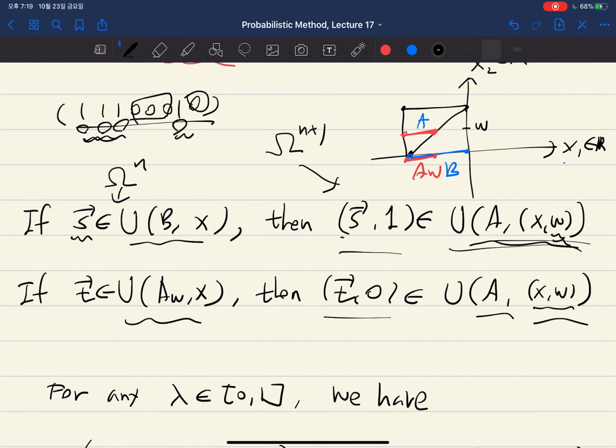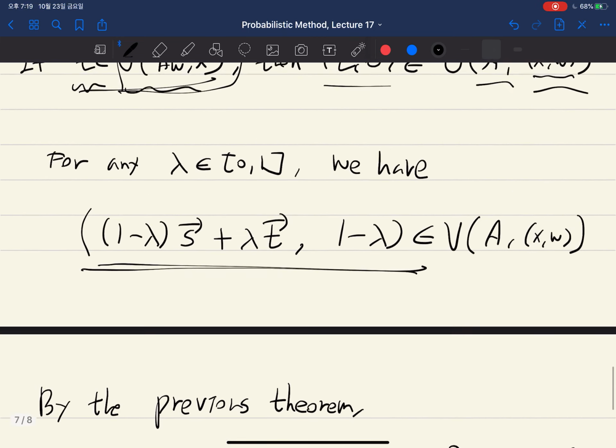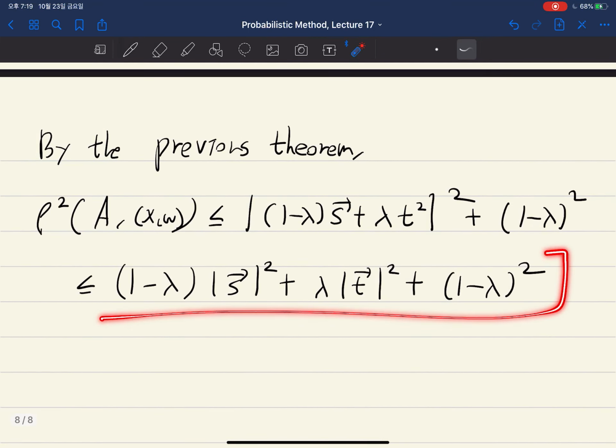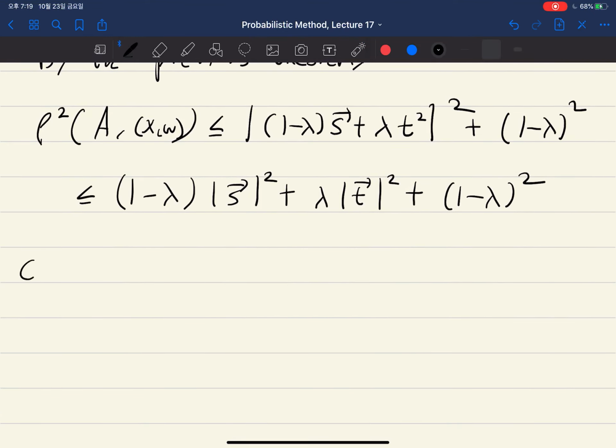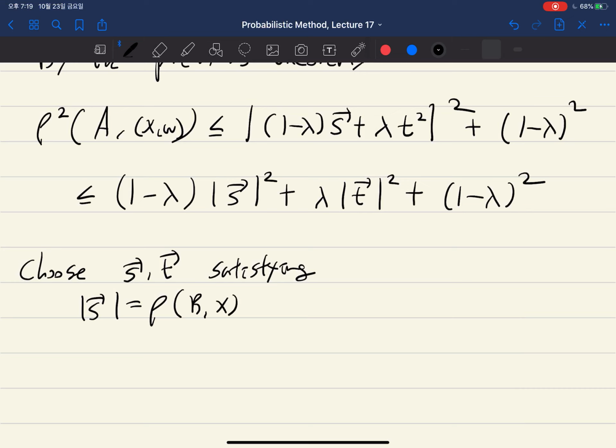But again, what were S and T? This is true for all S and T inside of this U and inside of this U. So we can also choose them to make sure that this is as small as possible so that we can get a better upper bound. So we choose S and T satisfying these. We know that